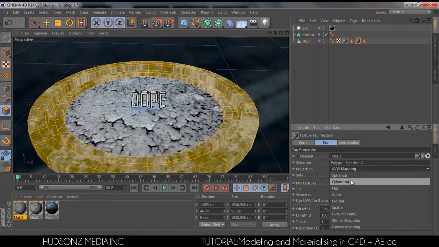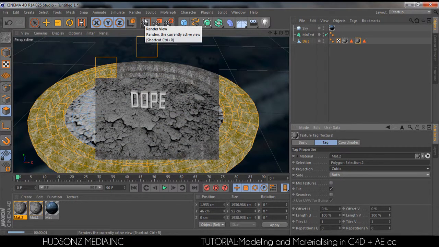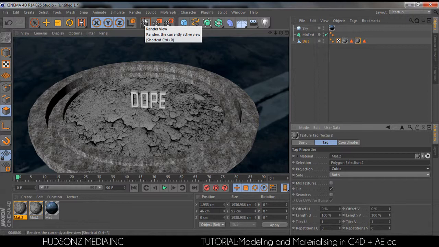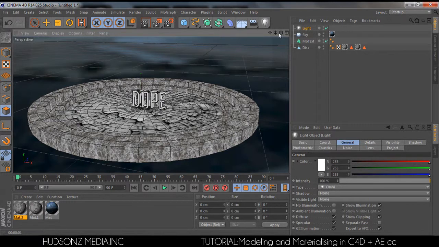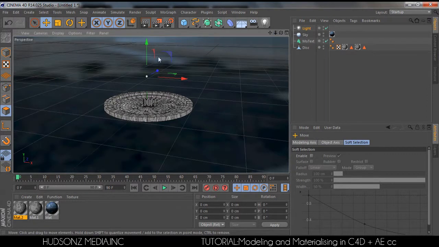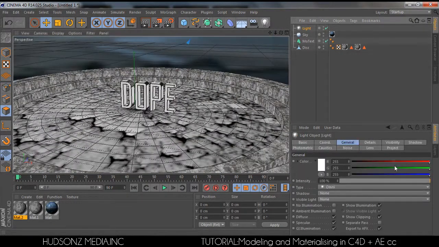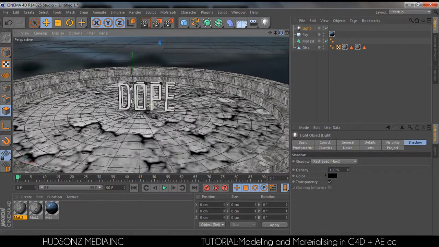So real quick, I'm going to do some settings here. I'm gonna preview that. So you see now we've got a very cool scene. So now we're going to do our lighting. So we'll add a simple, very ordinary light, and drag it up, not very high, and drag it behind the text so that we get the shadows we wanted, if you've seen the scene. So real quick, we put some hard shadows, very hard shadows, and